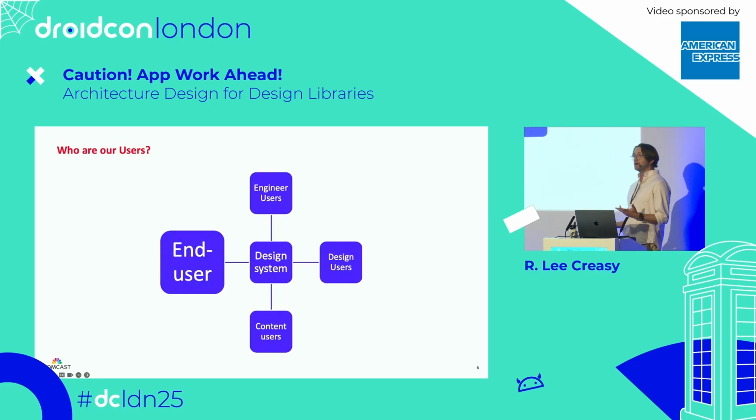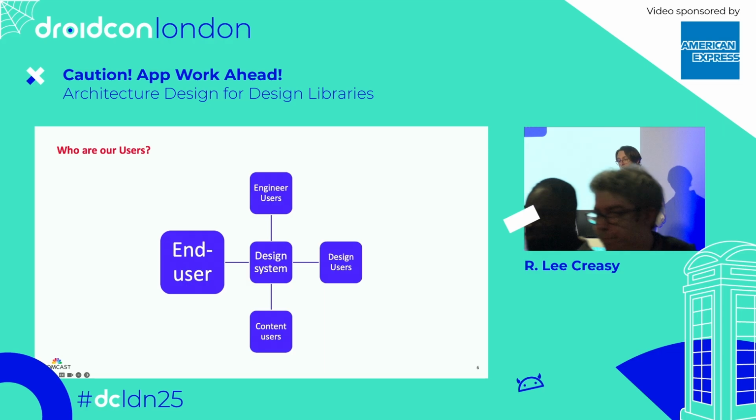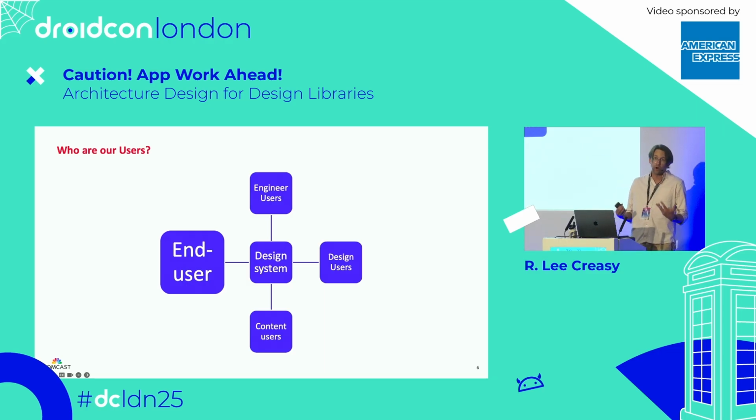And also, I wanted to dive in real quick. I thought this was pretty important. Before we dive into architecture, I like to make this distinction between end users and our users, right? Our end users are the people using the app. They're our customers. This is the Xfinity app, by the way, in the US, but we're also starting to work with Sky as well. But our users are the people we design our APIs for, and they include engineers implementing